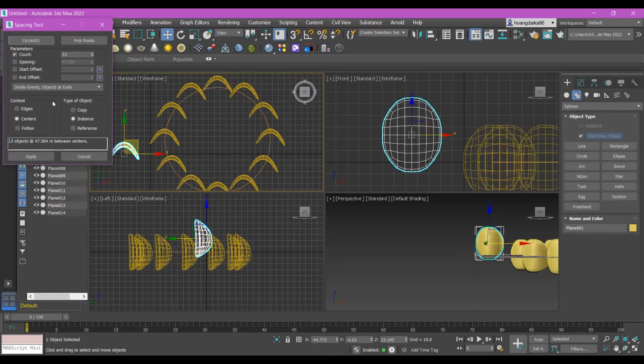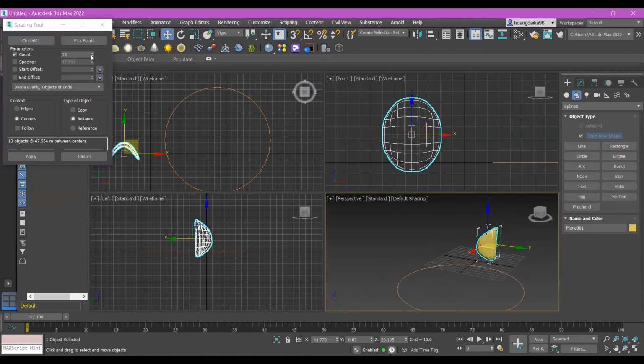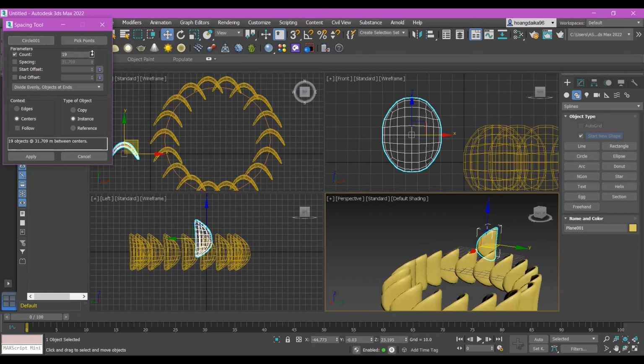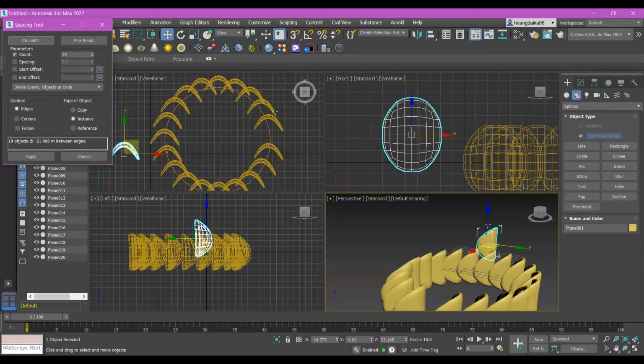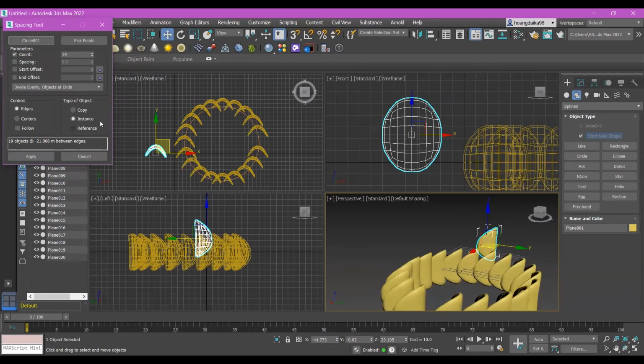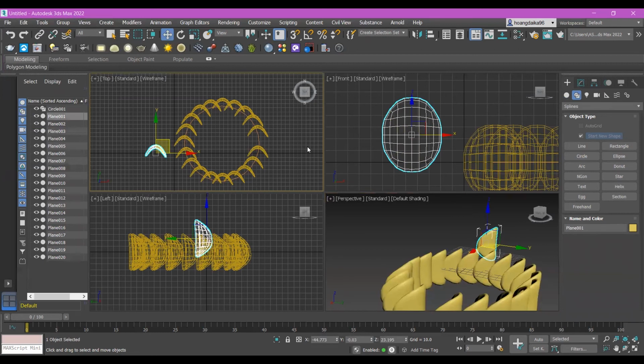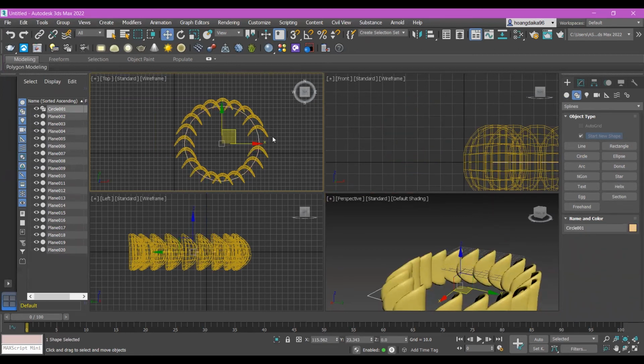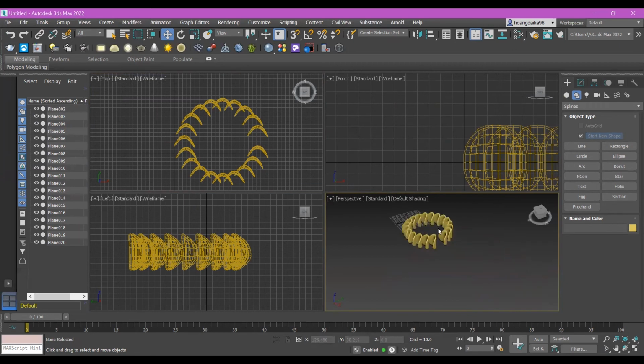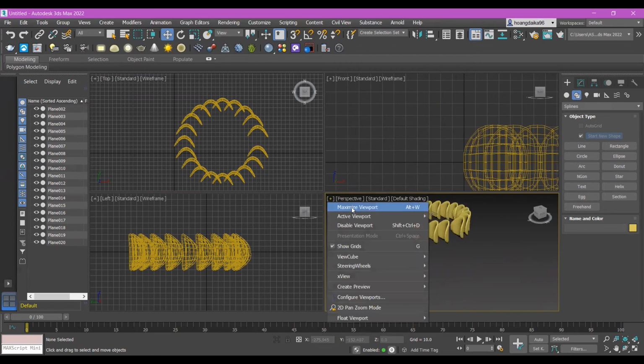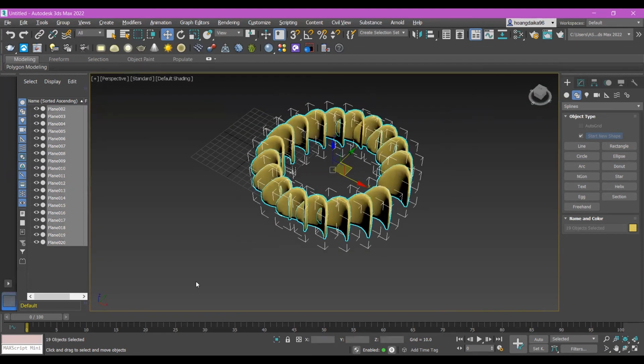And you make it follow, or no, maybe not follow. You make it 15 edges, so it will be together, and apply. Close that. This one, delete. So in your circle, you see I have 3 of the chips in here, but go to maximum point, select all of them,